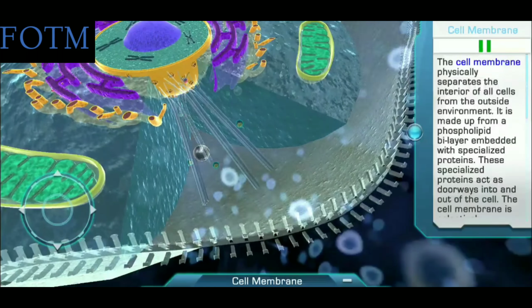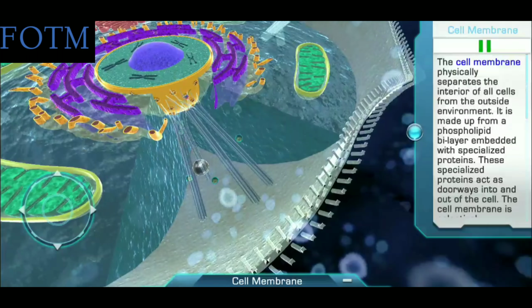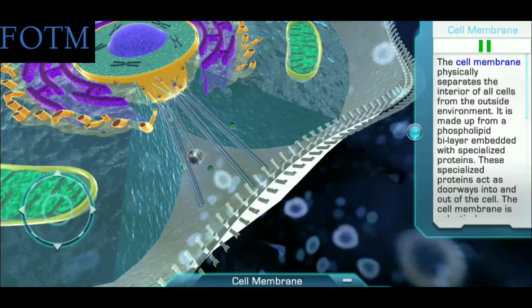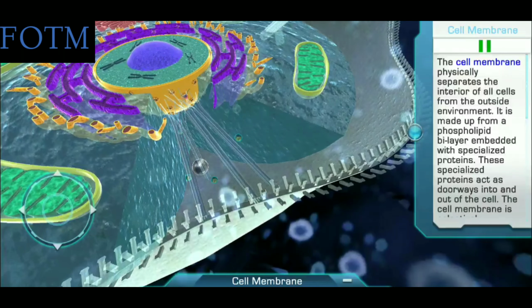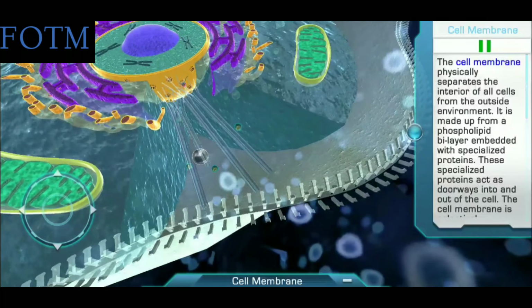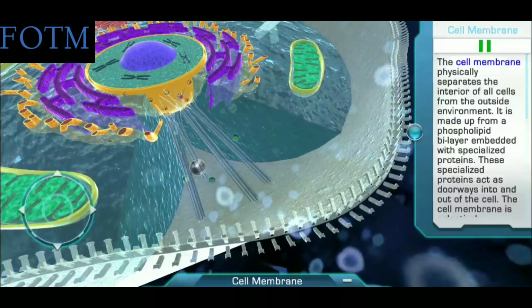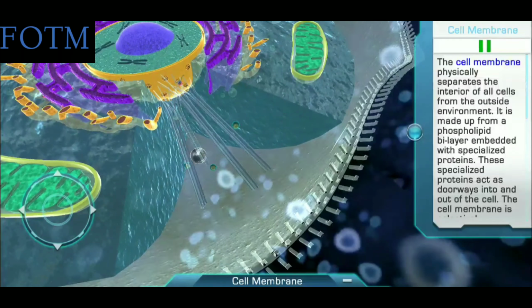The cell membrane physically separates the interior of all cells from the outside environment. It's made up from a phospholipid bilayer embedded with specialized proteins. These specialized proteins act as doorways into and out of the cell. The cell membrane is selectively permeable to ions and organic molecules and controls the transport of those substances into and out of the cell,